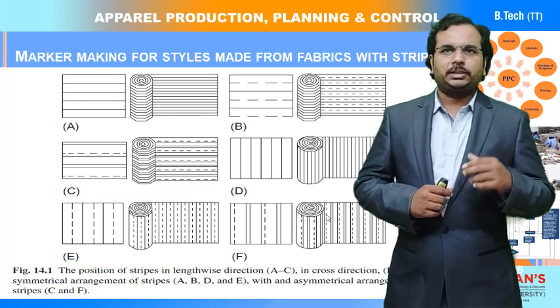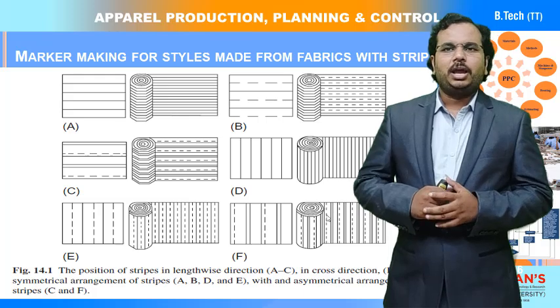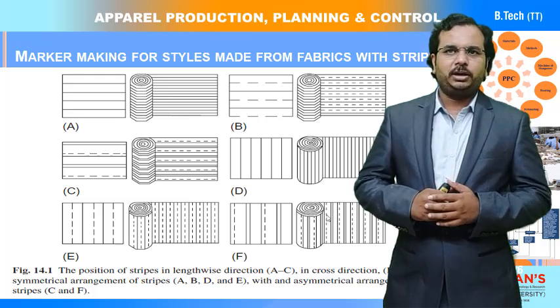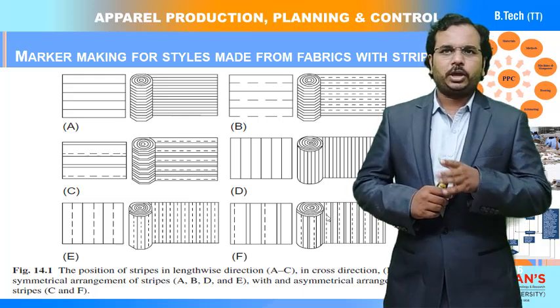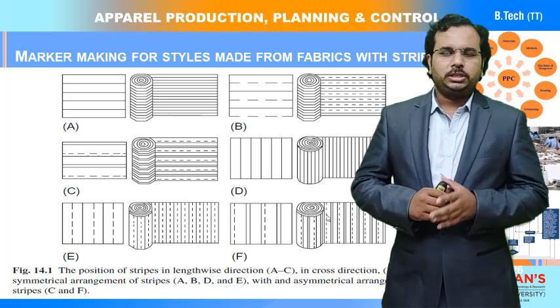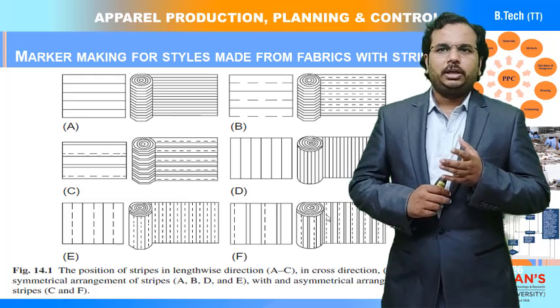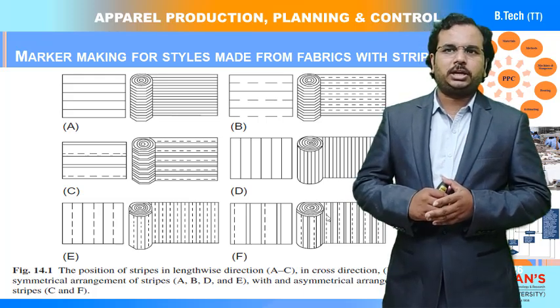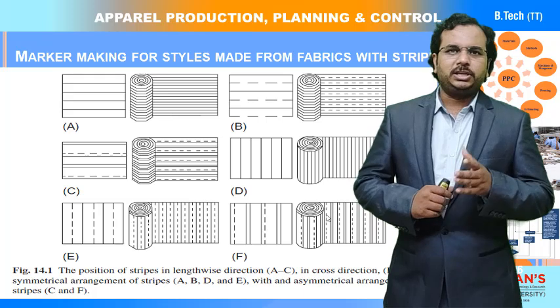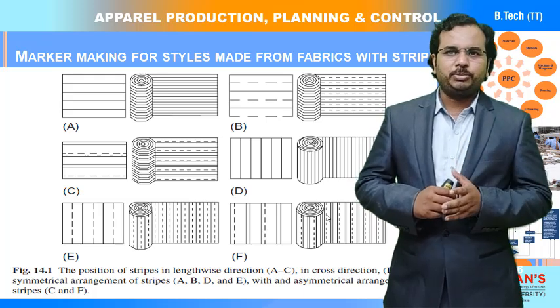In the length direction it is symmetric. A to C show the position of stripes in the lengthwise direction, and in the cross direction D to F, with a symmetrical arrangement of stripes,